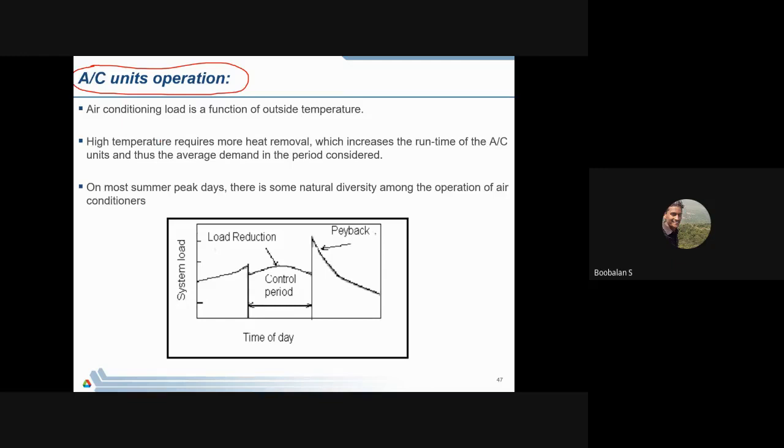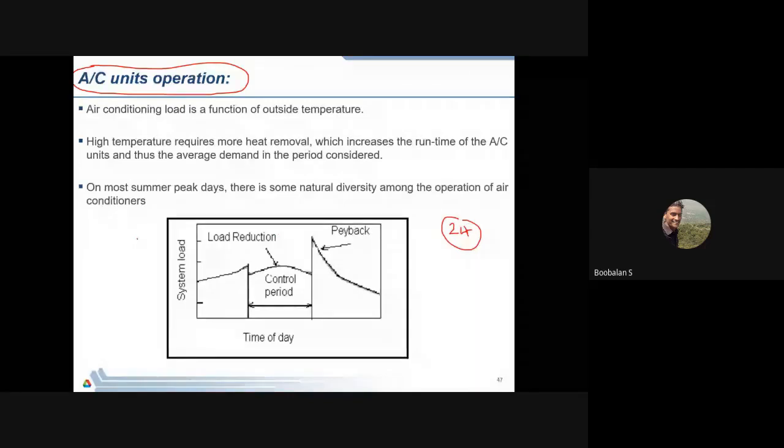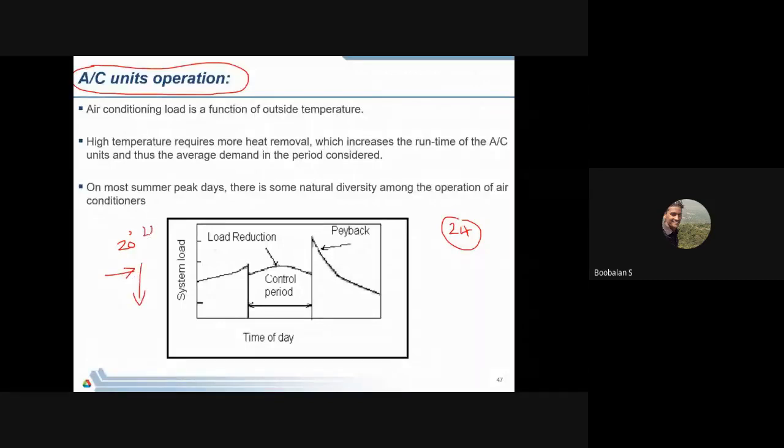So we don't need this AC to run 24 hours, right? Just get the idea, we don't need to run the AC 24 hours. So now I'm just going to fix my room temperature at 20 degrees Celsius, in the sense that when the room temperature automatically reaches 20 degrees Celsius, the AC is turned off. When it goes up to 23 degrees Celsius, the AC is turned on. By doing this on-off control, we are able to have a control period. So that's called on-off. Definitely it controls our electricity consumption, right, over here.